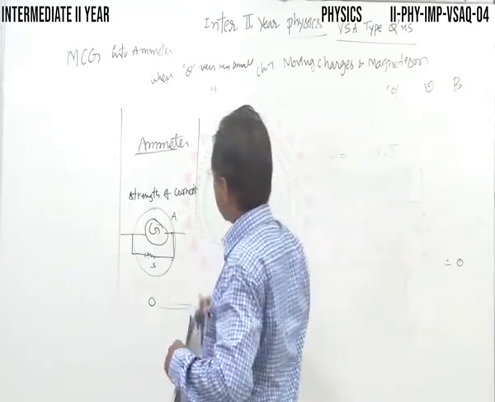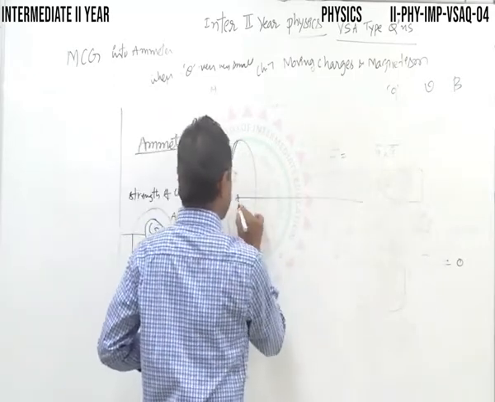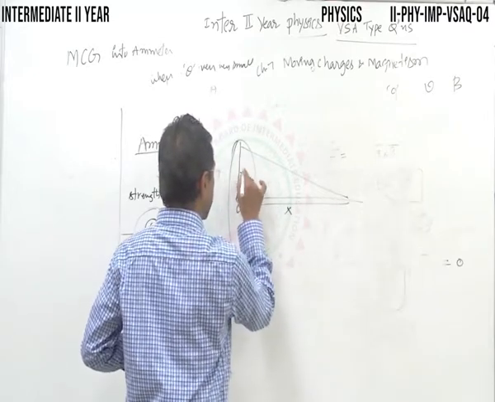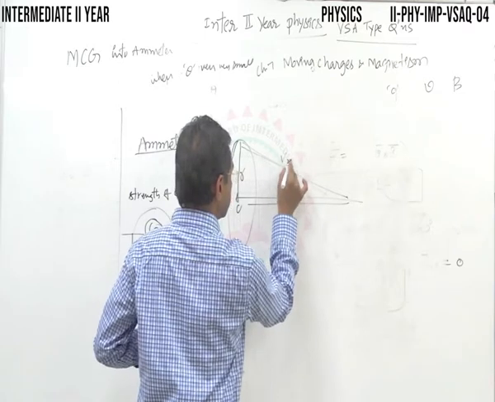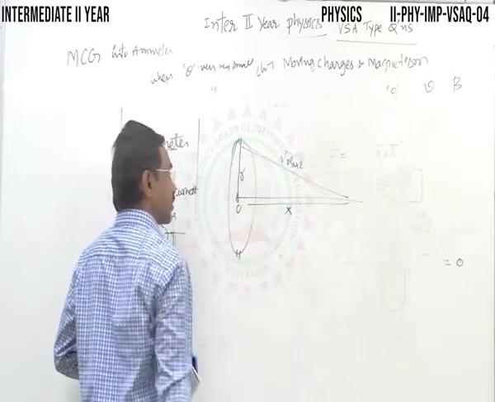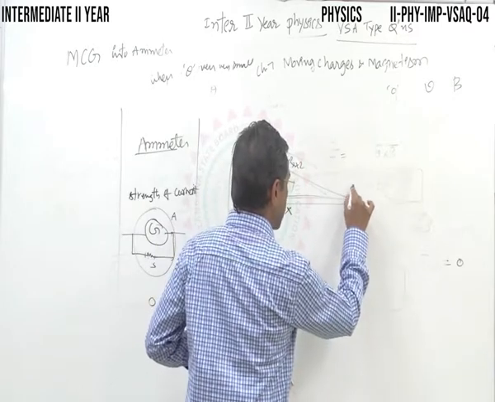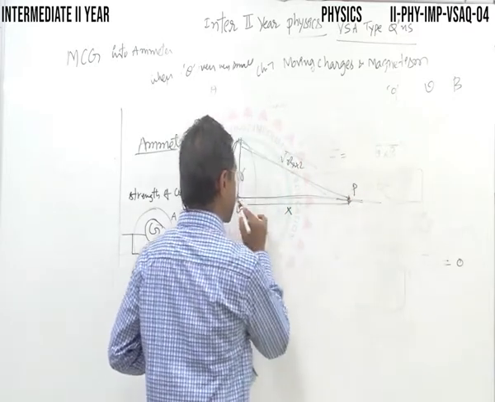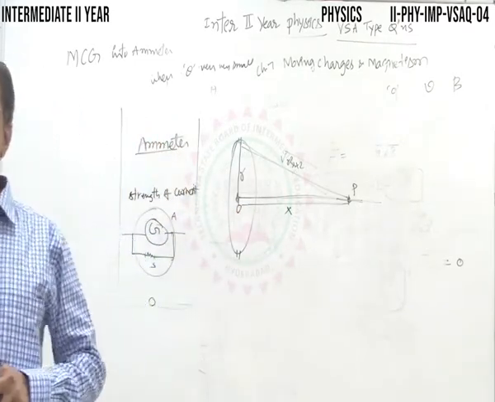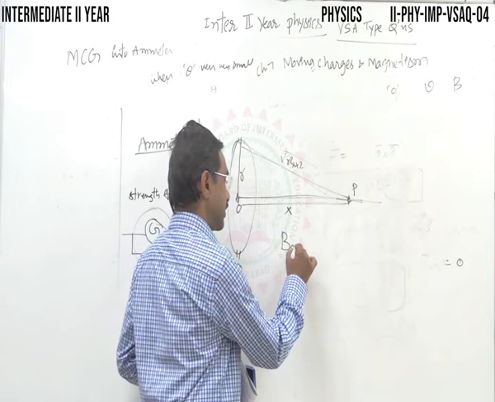Hope you remember that. So this is the coil, this is the axial line, and at any point at a distance x from the center, where r is the radius, the distance is given by r square plus x square. Hope you remember this. Right? Magnetic induction field at any point on the axial line: P is a point on the axial line, let us say at a distance x from the center of the current carrying circular coil. Then the magnetic induction field at any point on the axial line you already derived.